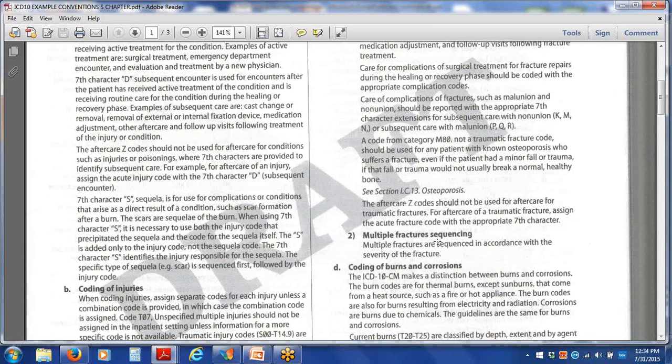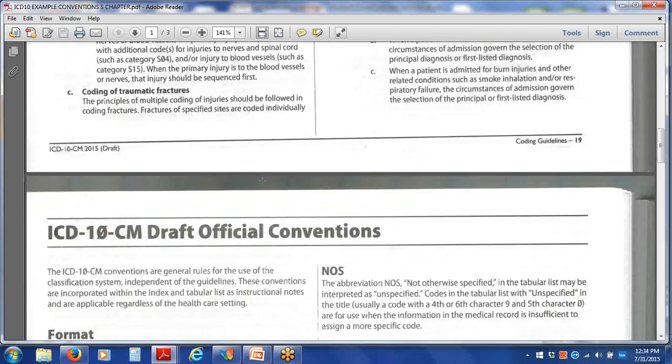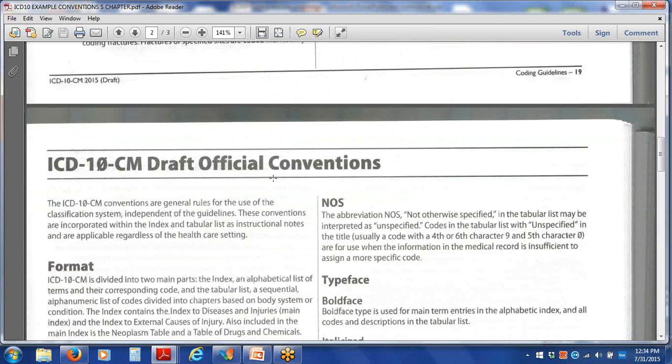However, we would be available to do more specific industry coding with you if you need us to do that on an individual or a by-clinic basis. So just be aware of that, and this is one of those pages. Here's a second page on the convention. This gives you some